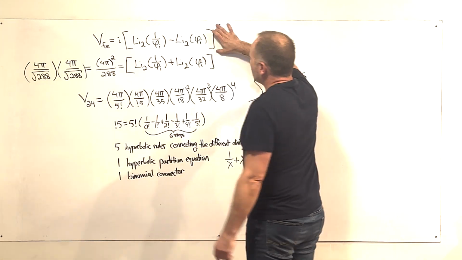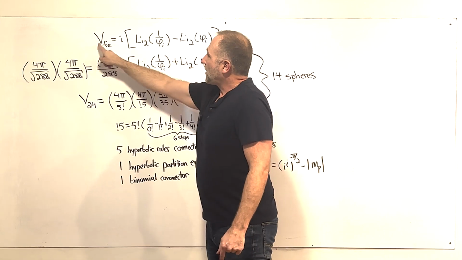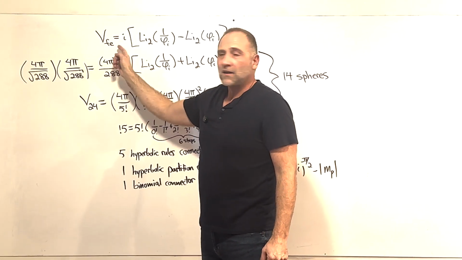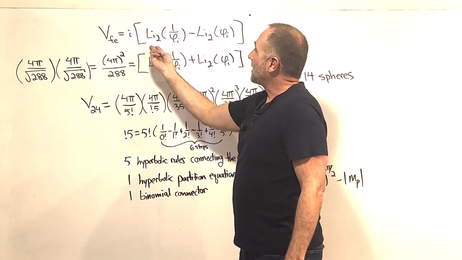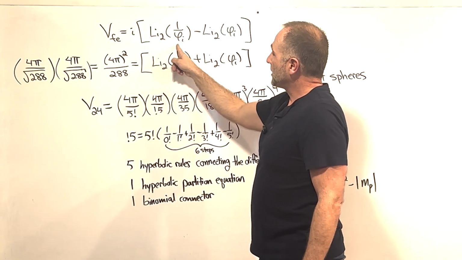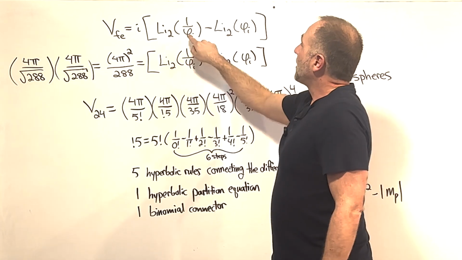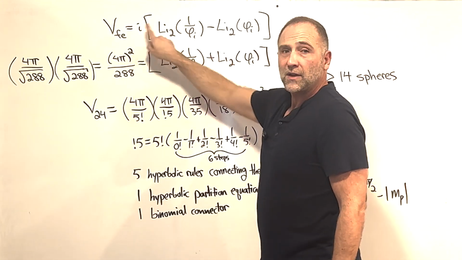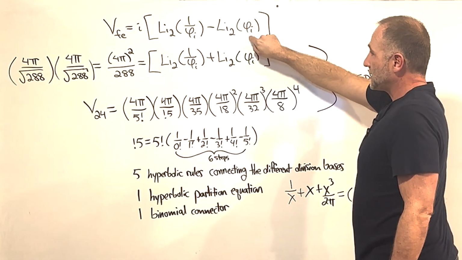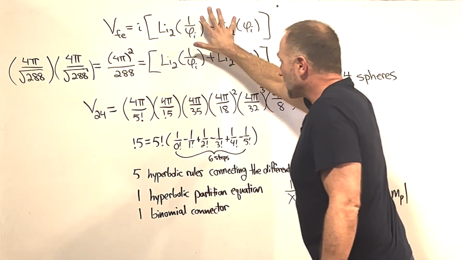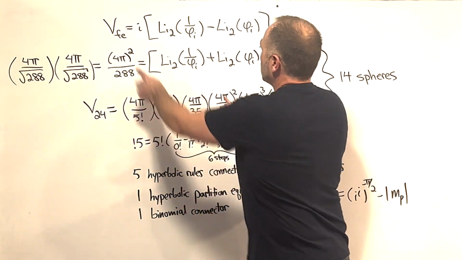This is the structural equation for the hyperbolic figure 8 knot. This is the symbol for the volume of the hyperbolic figure 8 knot. And this is i, the square root of -1, and this is the dilogarithm of 1 over the imaginary golden ratio, which is the third power of -1 instead of half power of -1, and a dilogarithm of, again, the imaginary golden ratio. And that structure comes also with its inverse at the same time, which is drop the i,